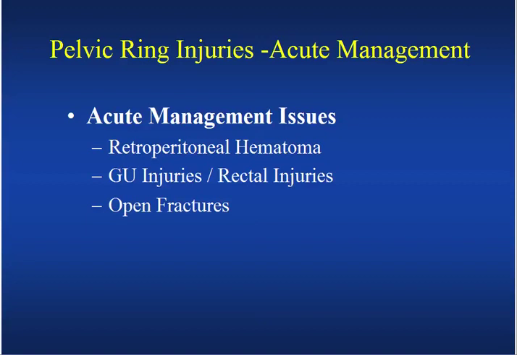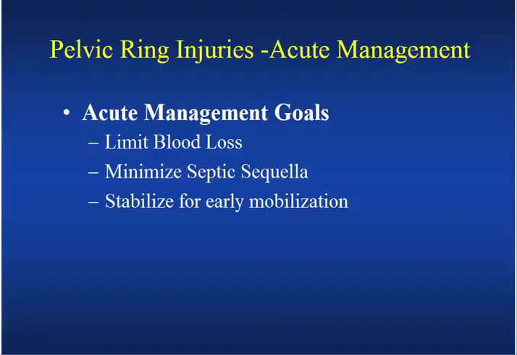The acute management issues: you need to manage and control the retroperitoneal hematoma. You treat the open fractures as we described, and also enlist your colleagues, your urologic and general trauma colleagues, to manage the urogenital injuries and the rectal injuries. The acute management goals are to limit the blood loss, minimize the sequelae of late sepsis, and stabilize the pelvis